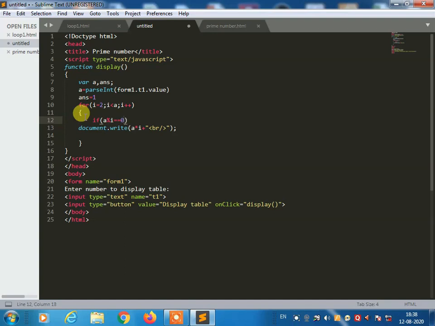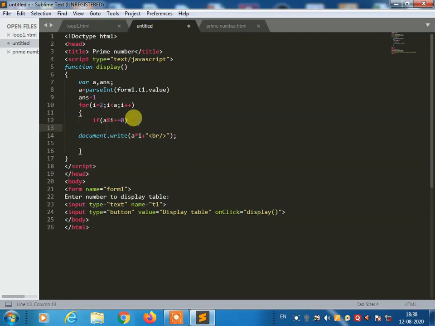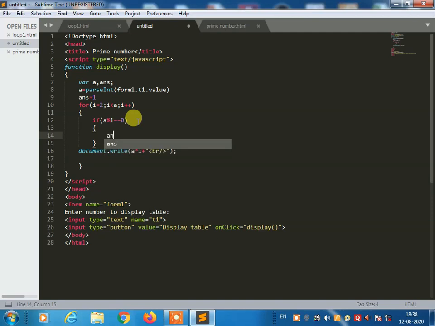If you are getting the remainder 0, then that number is not divisible. So the division sign we do not use, but the modulus sign, because we need the remainder. That is called the percentage sign.